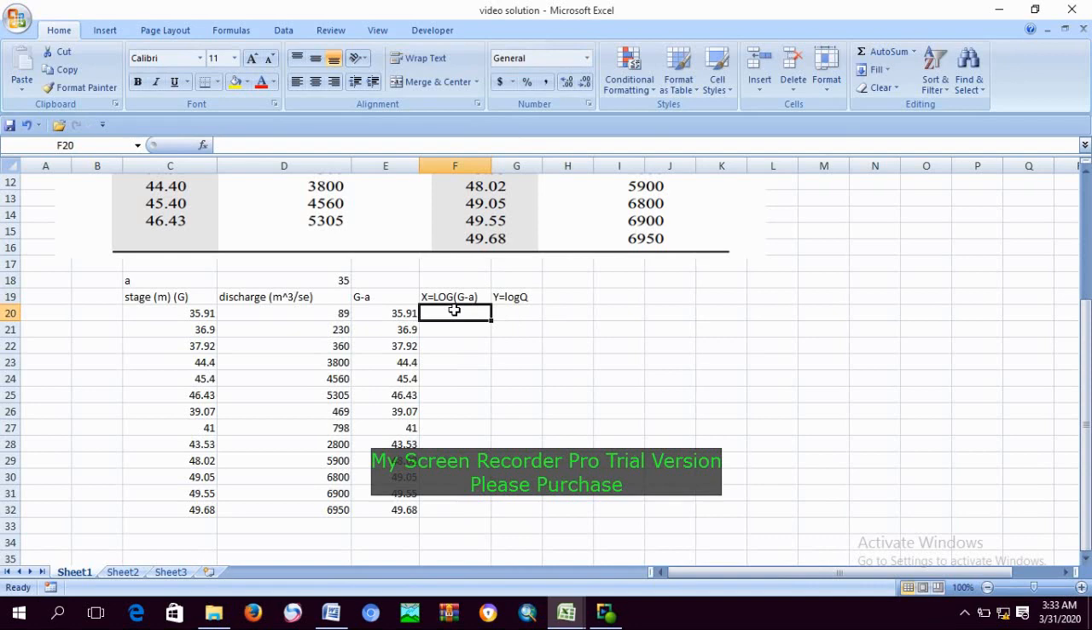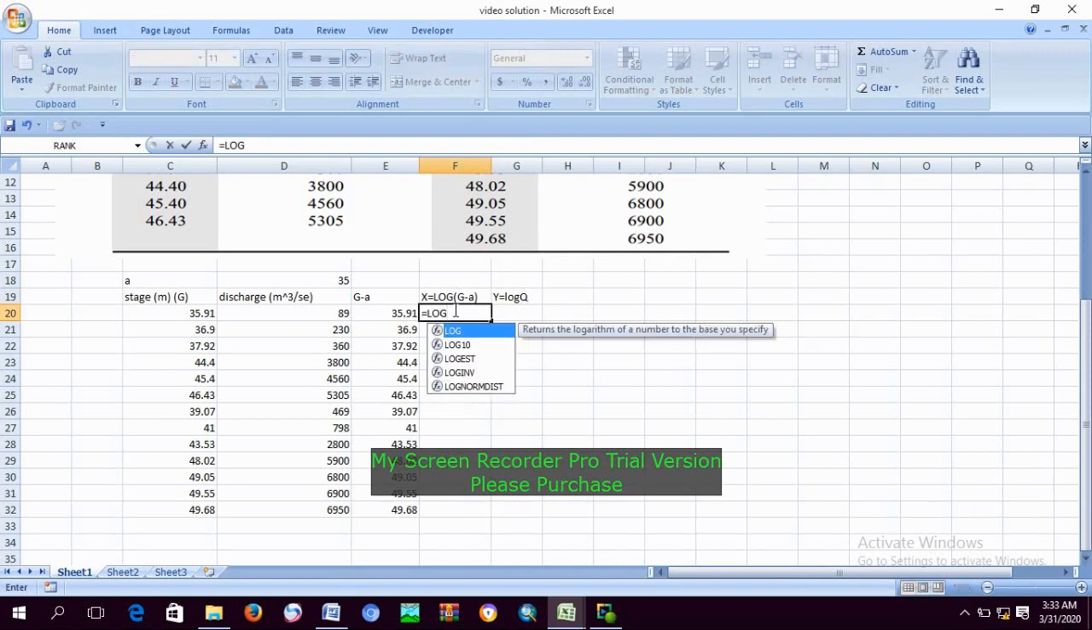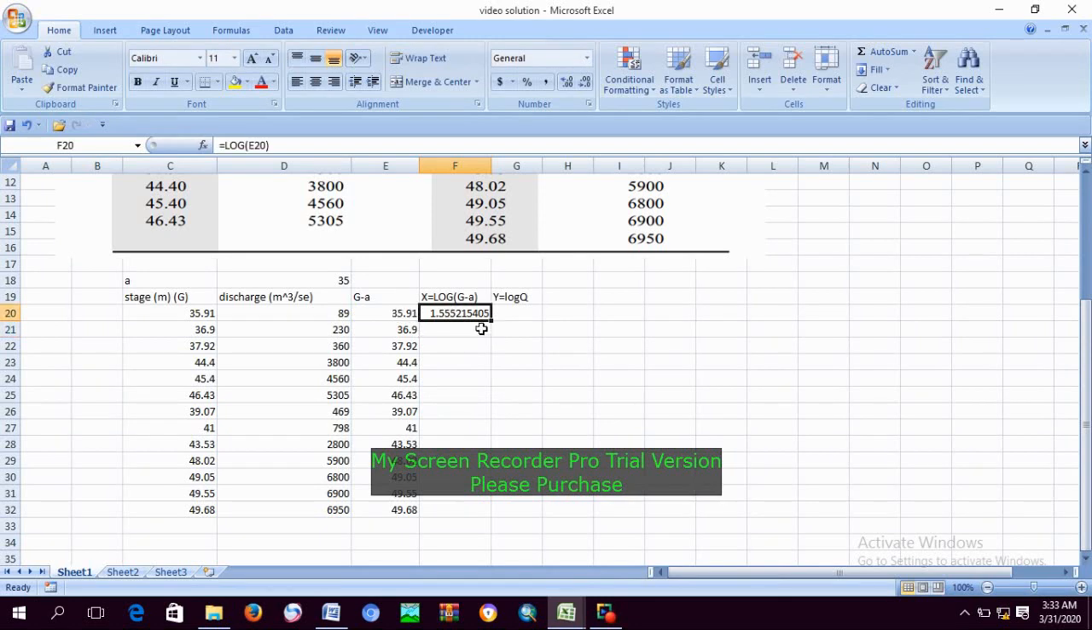So it is G minus A, and we can find a logarithm value by using this, equal to log Q, and double click. We can use this value, and double click and enter this value, and also drag this value, and we can get this column by